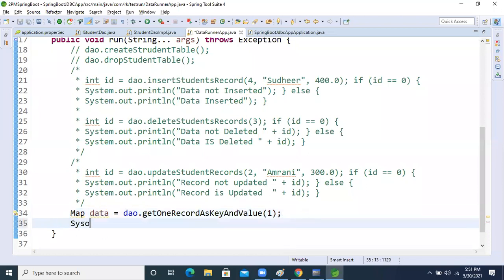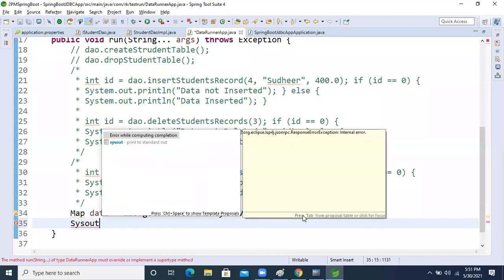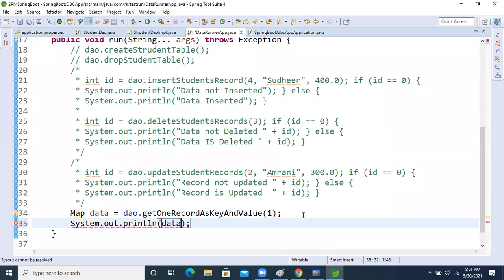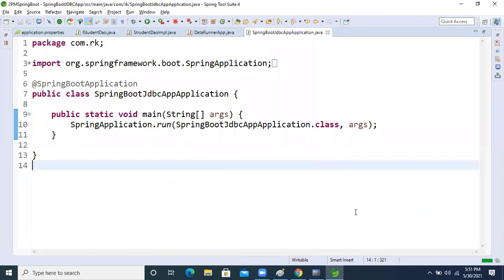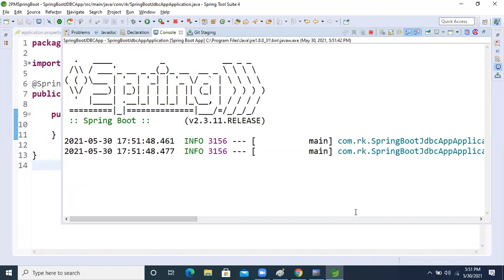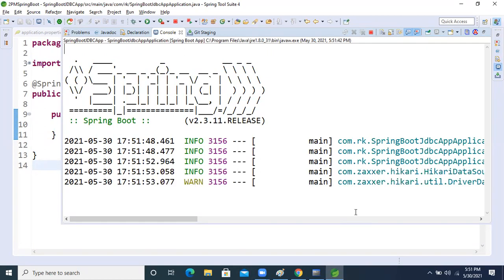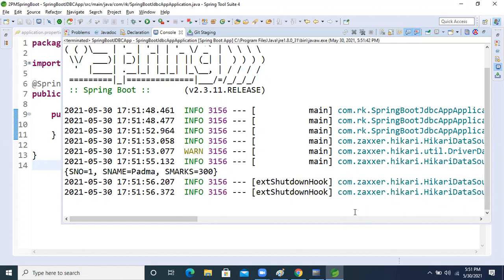Now data, right? Now run this application. Yes, see this, we are getting it, right?